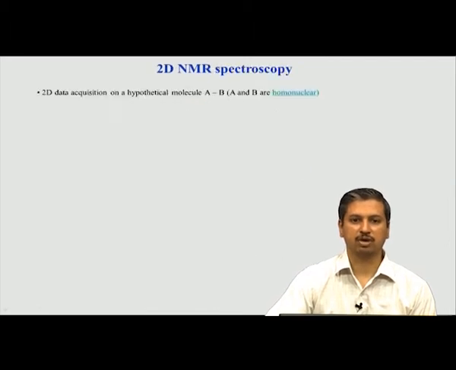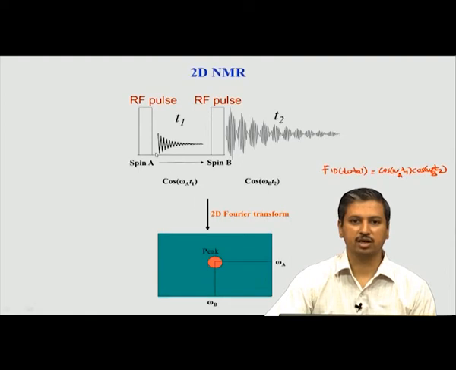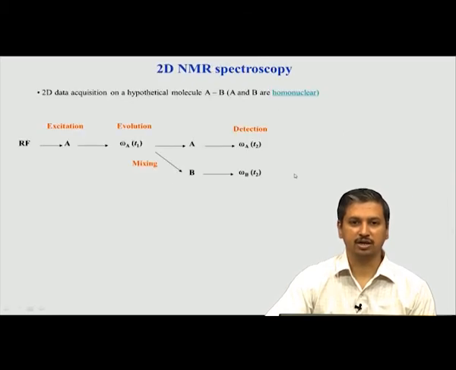One thing you have to remember is that in the previous slide we looked at this pulse as applied to spin A and this as applied to spin B, but in reality this is not the case. In reality this pulse affects both A and B at the same time, and this pulse again affects both A and B at the same time. So both A and B get excited here, both A and B evolve here, both A and B transfer to each other, and both A and B are finally excited, and both will evolve here. That is what is shown in the next slide.